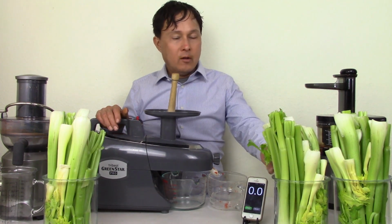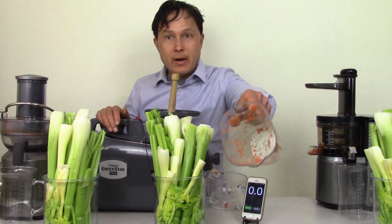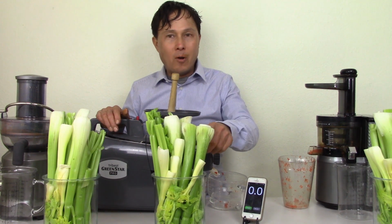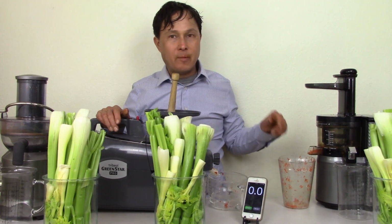And what the person who made a video juicing celery in the Nema previously said, look, there's barely any celery in here. That's because it's all in the juice. To me, that's an inaccurate statement. The pulp doesn't all go in the juice. It has to go somewhere. There will be significantly more pulp than what was in the pulp catch cup, and the reason for that is